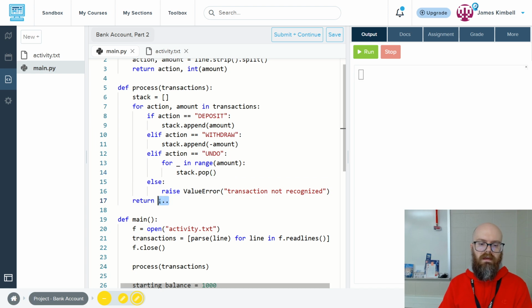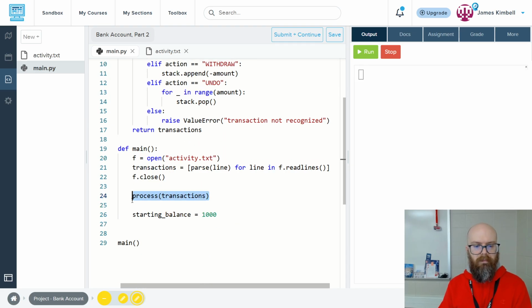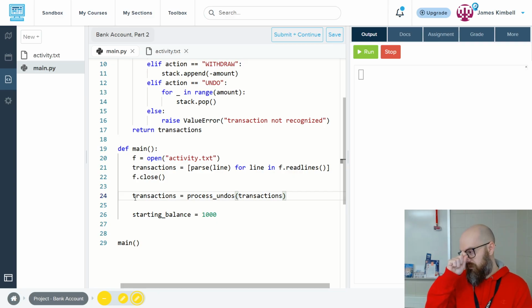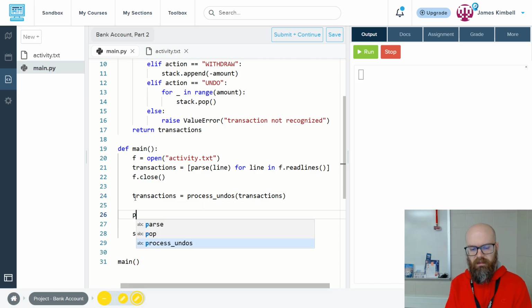Okay, so now we could do the sum, where we could just return transactions, but this step is just to process the undos. And then we actually do the same thing now as we did in the first round, because now we've cleaned it up. But let's see what the length is,